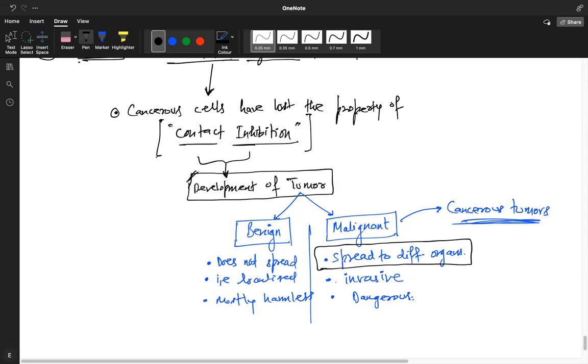But when even one single cell or a couple of cells from the tumor get detached from the tumor and get into the bloodstream, they can be carried like a river carries anything. They get carried to some other organ, and there they can again get lodged or attached and start causing a new tumor there. So that kind of movement through blood,